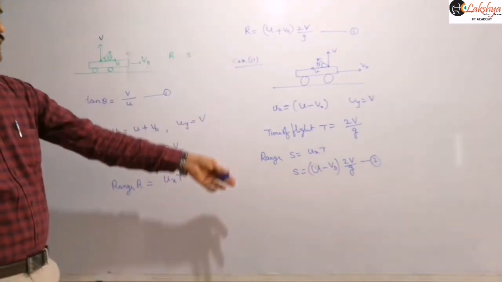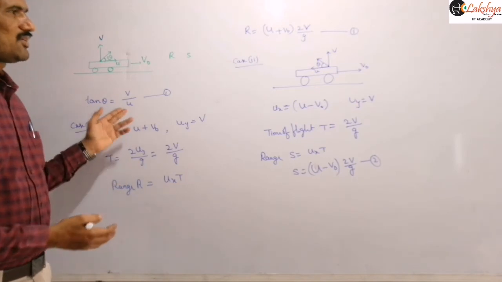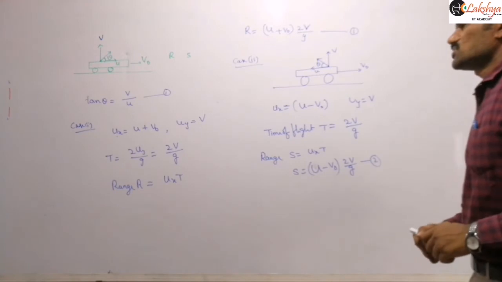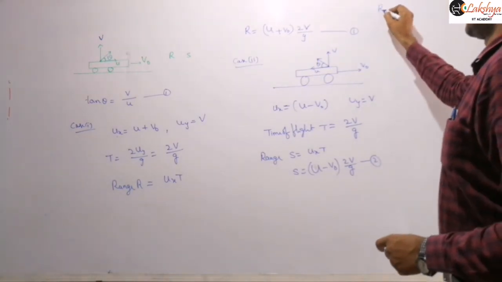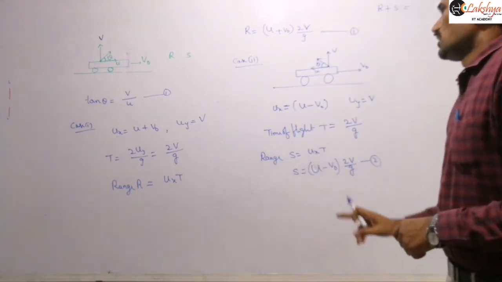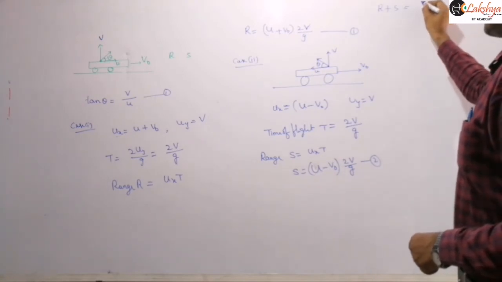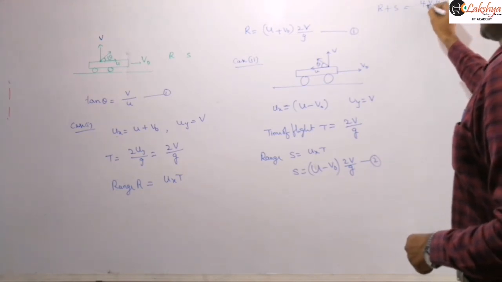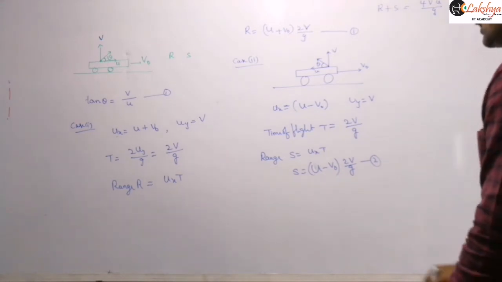That is the given data here, and by solving these two equations we need to find the tan theta value. Suppose I am adding those two values, so let us see R plus S. If I add these two values then the V naught term will be cancelled, so I can write this as 4V into U by g, right? Suppose I am taking this as equation 3.